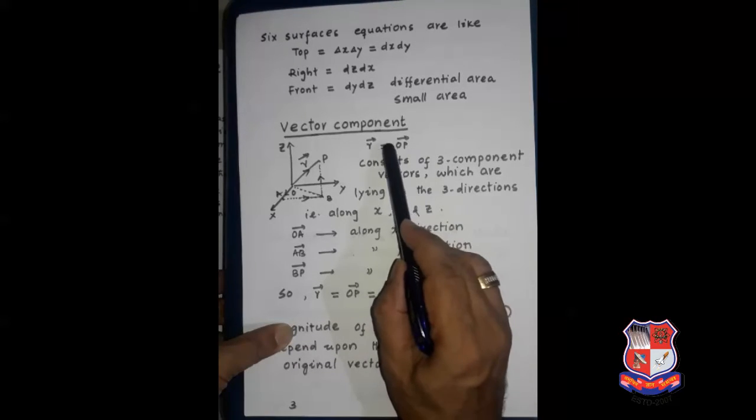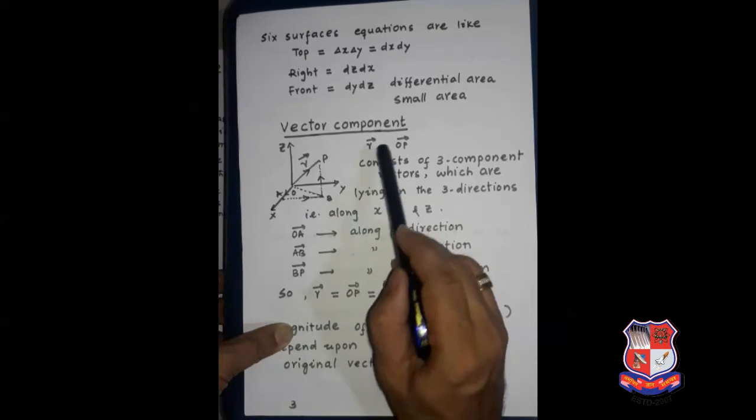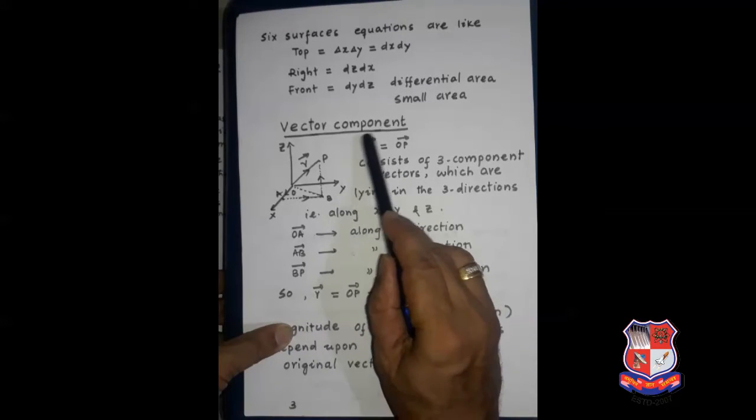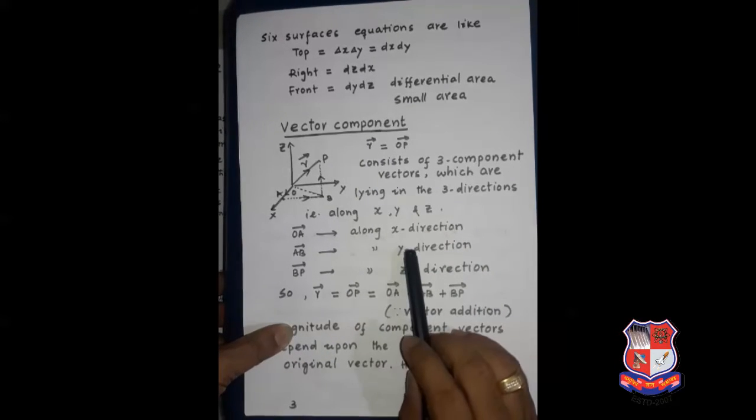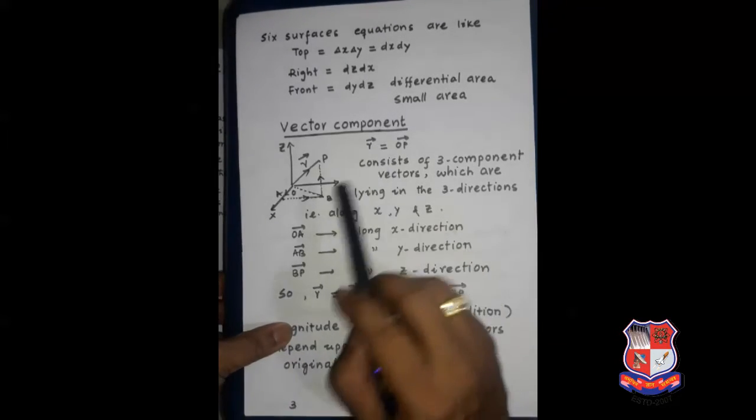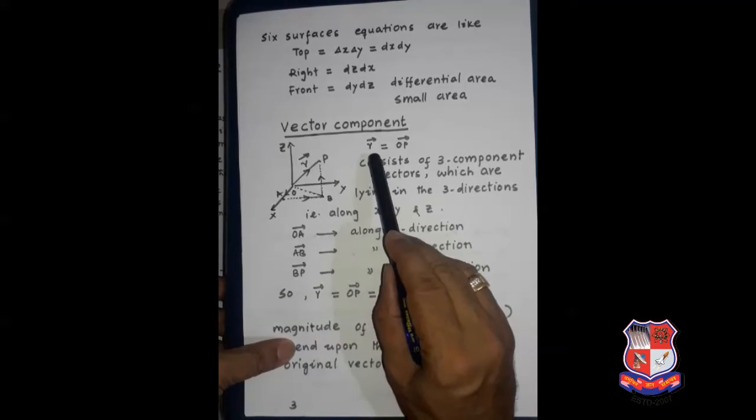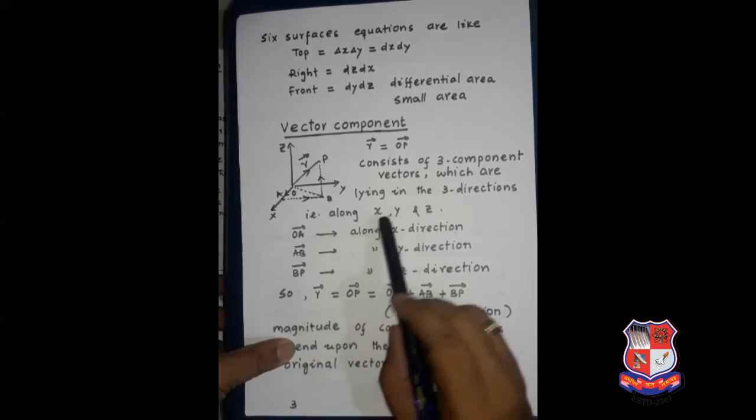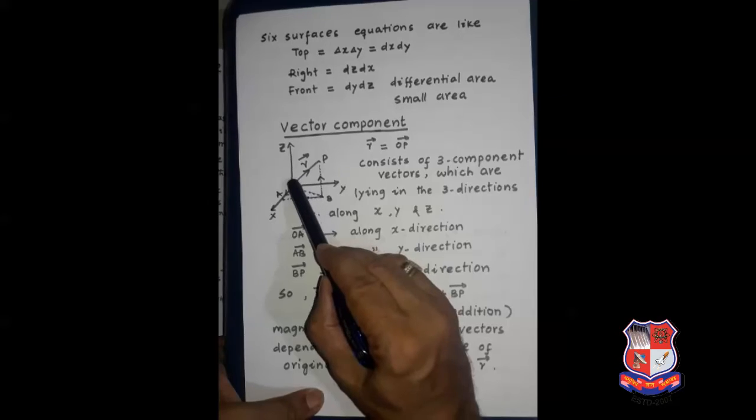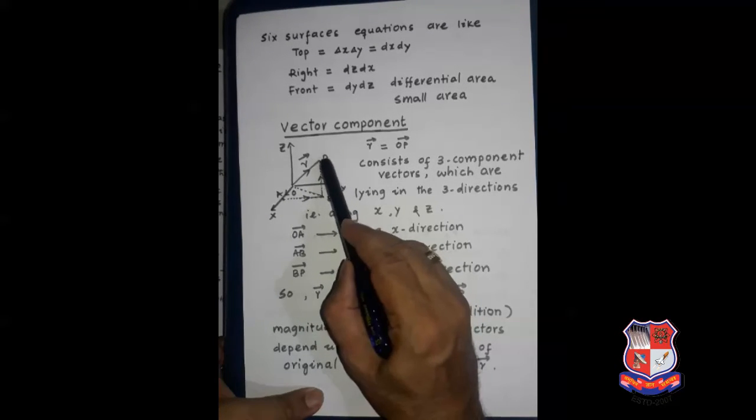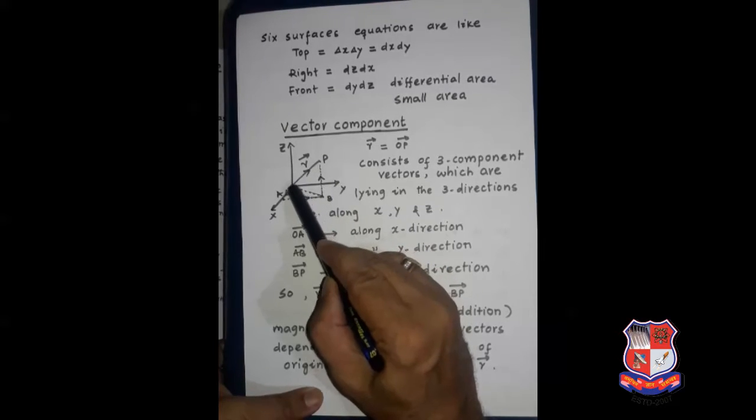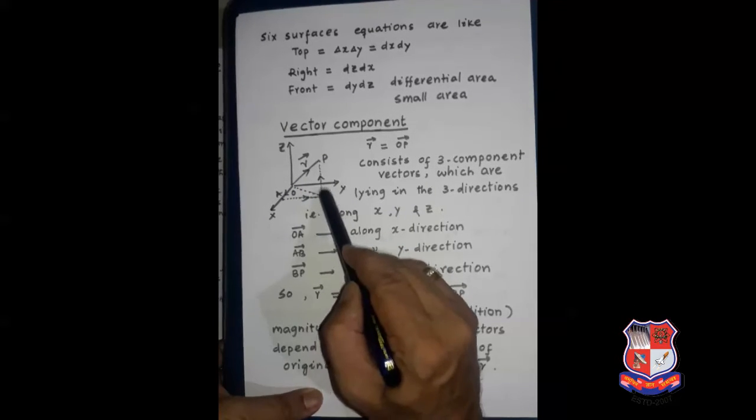To represent the vector, we always use an arrowhead on the symbol for the vector. So your r is marked by the arrowhead, and that is called the vector. This is the universal way to represent vectors. Now see, this vector OP can be represented by